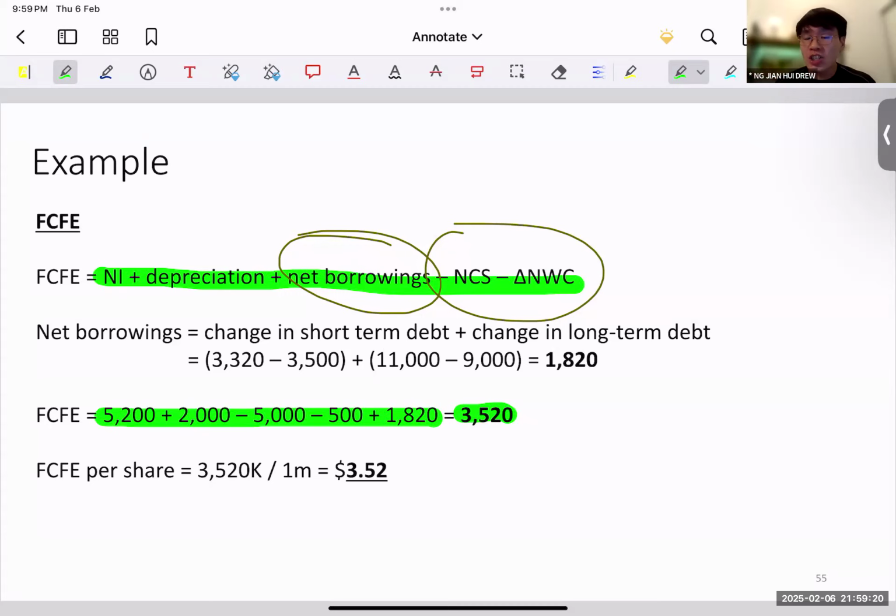Sometimes you want to have more cash because you want to hit a target ratio, or increasingly, a lot of the time, cash is being restricted. So we have things like restricted cash, where this cash is being pledged for certain kinds of financing. So the reason why you have a lot of cash, maybe is that these cash are restricted cash being pledged for certain things, and so it's not really relating to operations. So it depends.